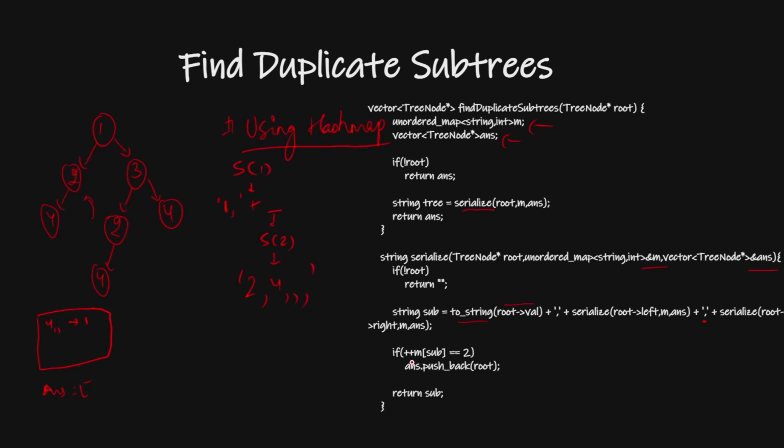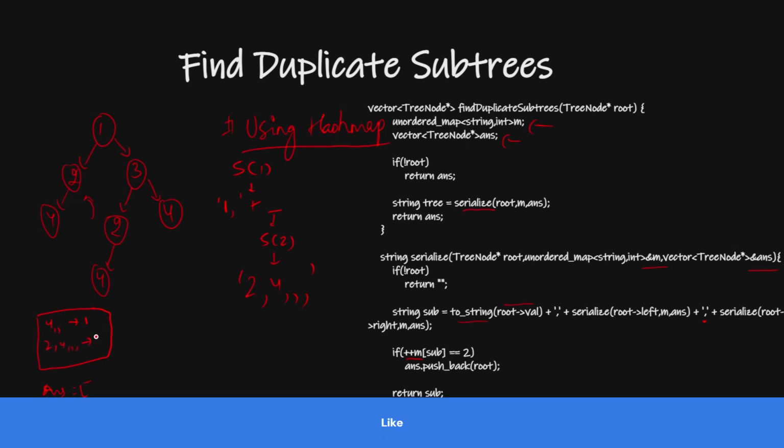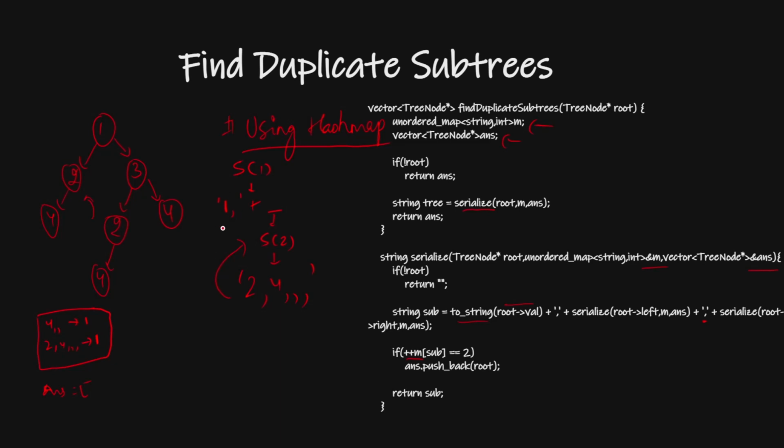So now what will I do? I will make it 1, and once I make this 1, I will return this. So now how will this look? My 1 comma and this 2 4 triple comma, and after this I will have one more comma, and then I will have its right. And what is this right?